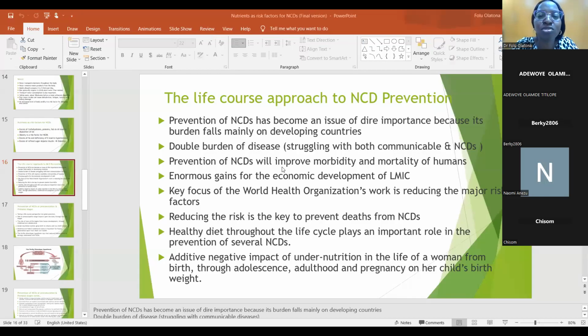The Lifecourse approach to non-communicable diseases prevention. So this lecture is to explain how we can prevent non-communicable diseases at different stages of life. Non-communicable disease can be prevented at different stages of life. So how can we do that? That means we're going to look at each stage, and then we'll consider what is possible, what can we do at each stage. But before we go on to each stage, I'd like to introduce